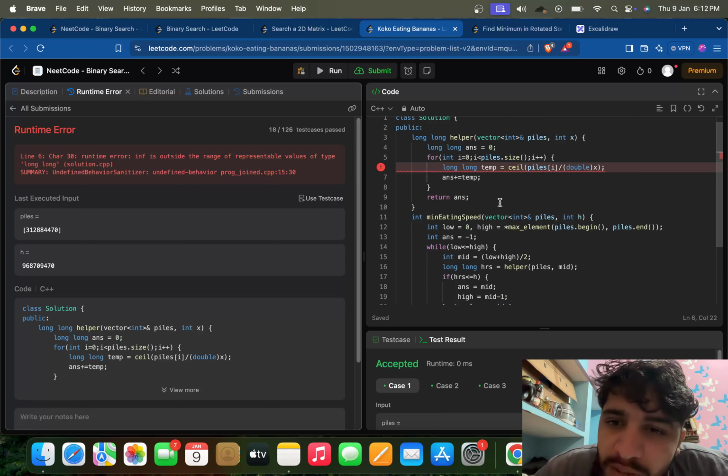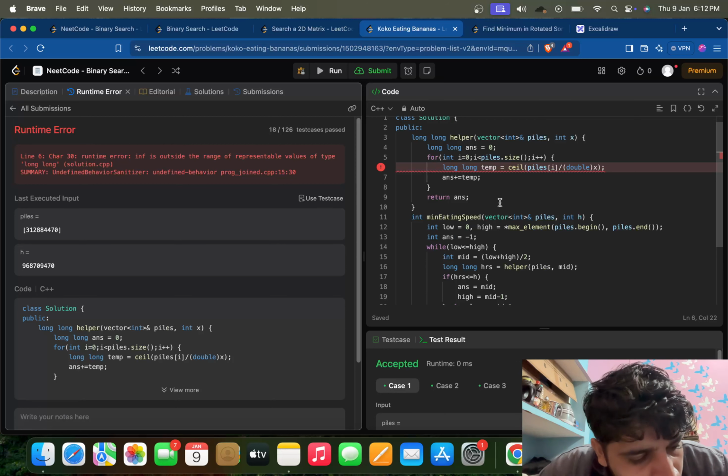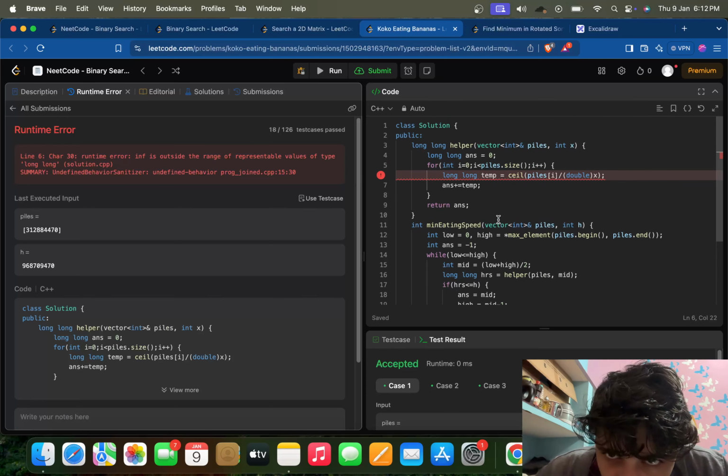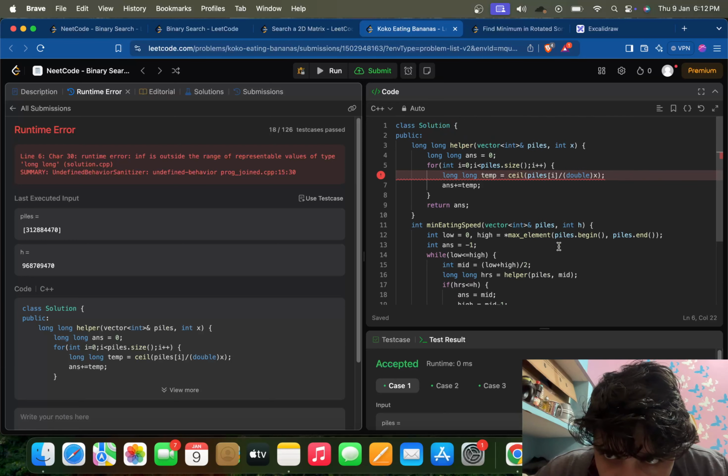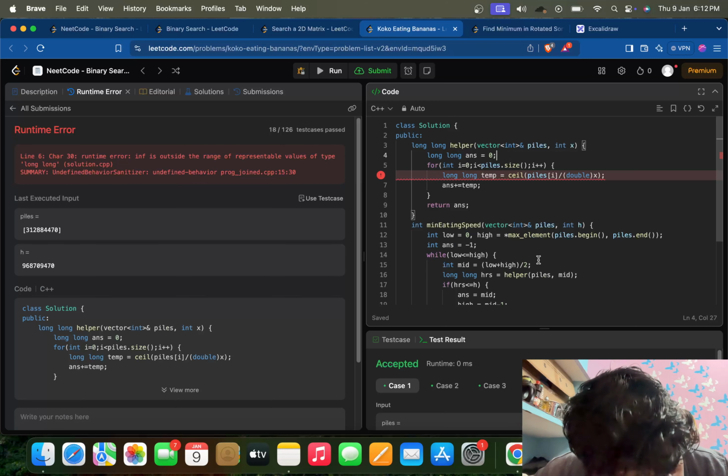So what can be the issue here? Zero to piles.size(), temp, ceiling value of CEIL of pile size over the speed, right, which we passed from there. Is what it's returning. Helper, right? Returning piles and mid, and we initialize it with 0. Answer is 0. So this should be